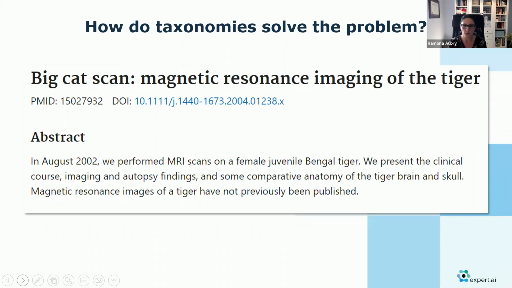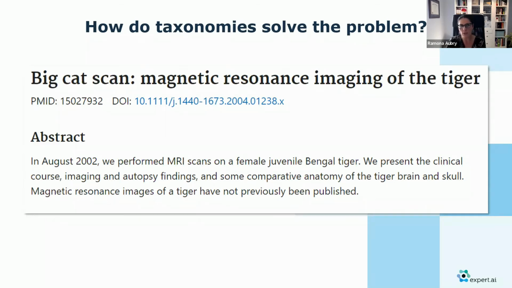In this example, we properly connect big cat and tiger to their appropriate definitions. And this is a great way for us to bring consistency to the tagging process. In many cases, if you think of this particular example, you can also think of other ways you can use CAT scan and MRI to associate additional terminology that refers to ways of diagnosing a specific disease for an animal here.